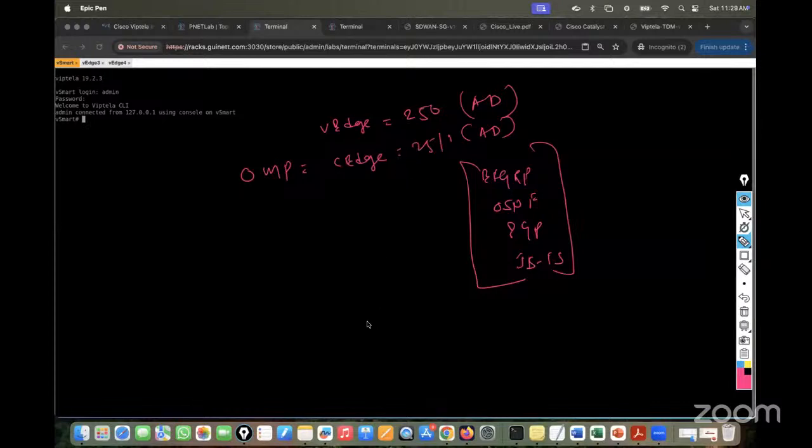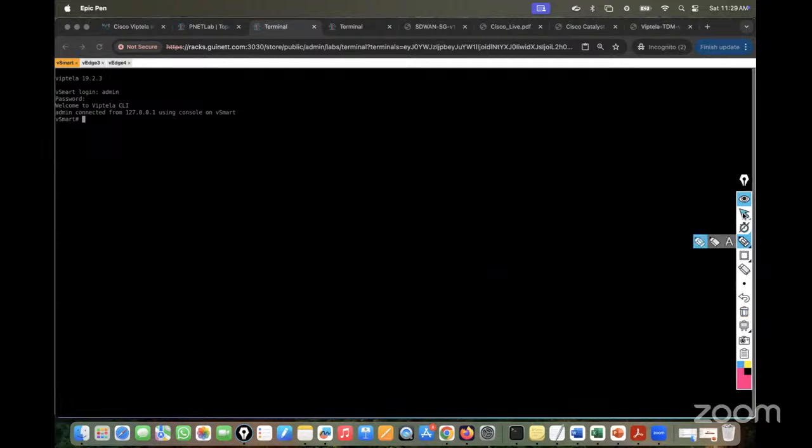So if I'm going to configure anything from the vEdge, then my AD value is going to be 250. If I'm going to inject from the CS, then it is going to be 251. So any route. So if you see on the vSmart how the routing is going to look like,